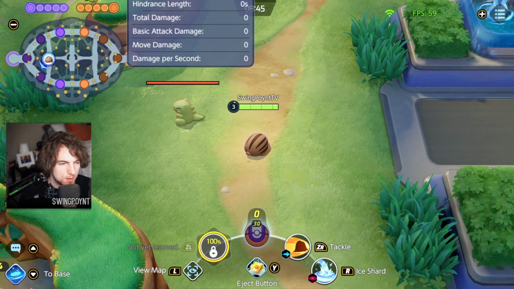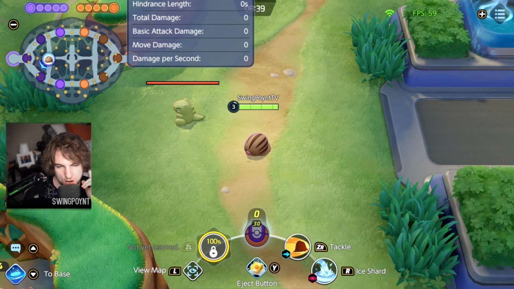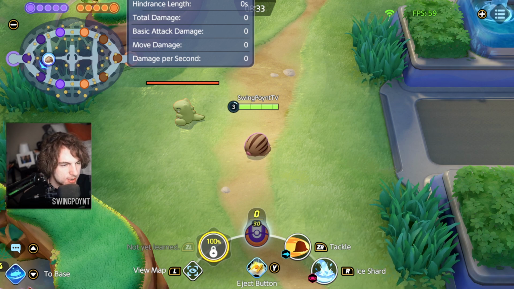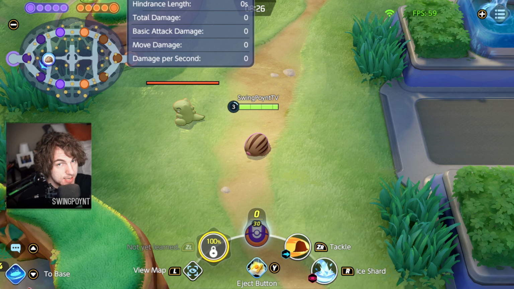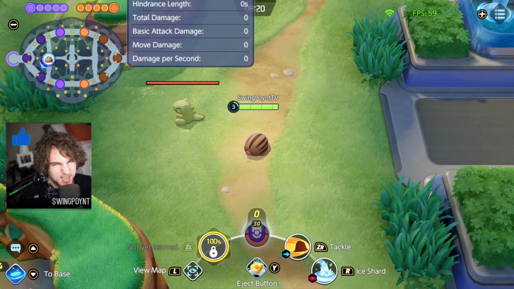Mamoswine was released in Pokemon Unite today, and the initial opinions that I'm hearing is that he's okay. He's chunky, he's slow, his moves take too long to wind up, and overall, just blah, blah, blah. So what I want to do today is show you his skills, his stats, but more importantly, how to play him. Some good tricks and tips on how to get the most out of Mamoswine, because he can be really good, especially if his team works with him, because he's a pouncer, he's a starter, he initiates